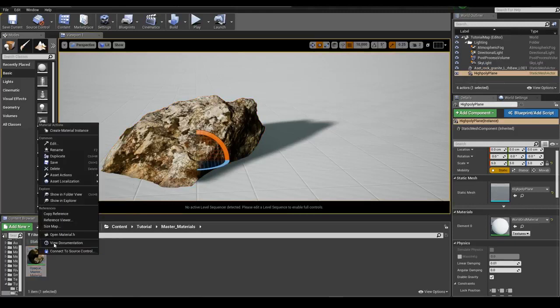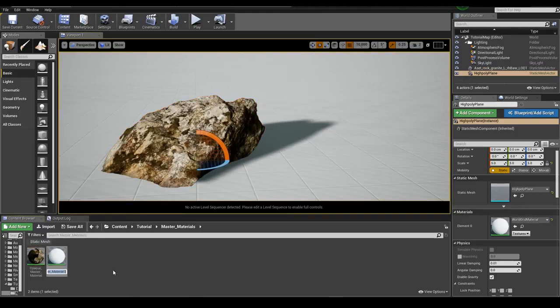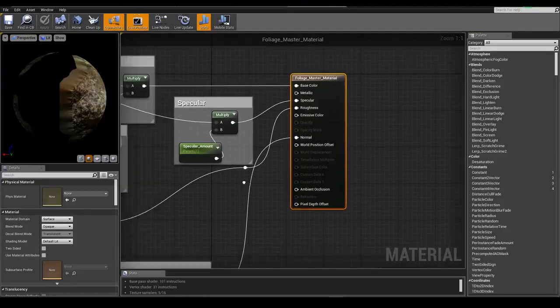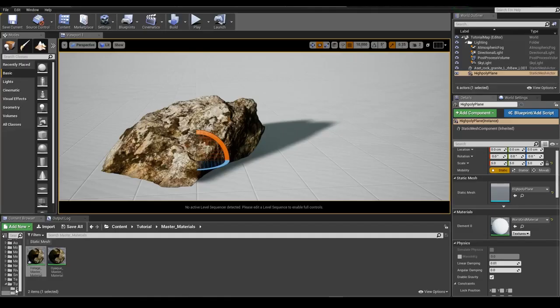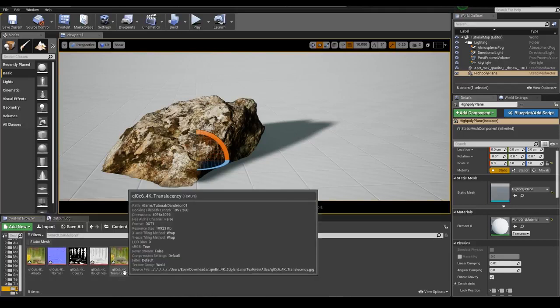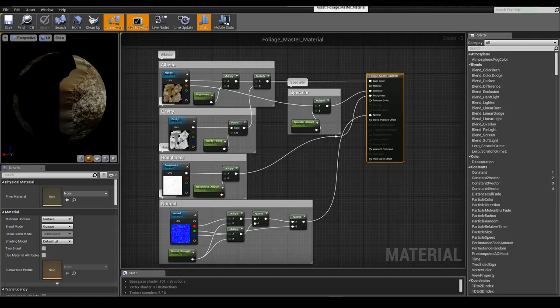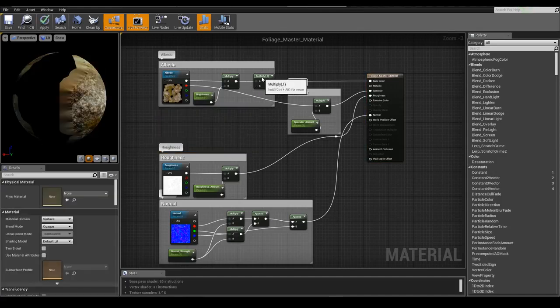So I'm going to duplicate this master material here. We're going to name it foliage master material. And we're going to dive right in. So we already have the logic we set up before. So what do we have to add? If we look back at our inputs here, we have this opacity map and this translucency map, and we don't have a cavity map. So I'm actually going to remove the cavity logic here,